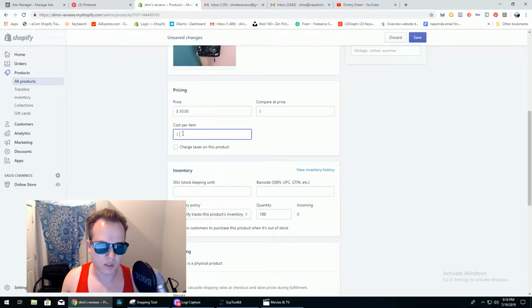So with this cost per item, this is the cost that you pay from your supplier directly, so that when you have the difference of your sales price and this, it's your profit, minus all the taxes and everything too. And then if you want to charge taxes,